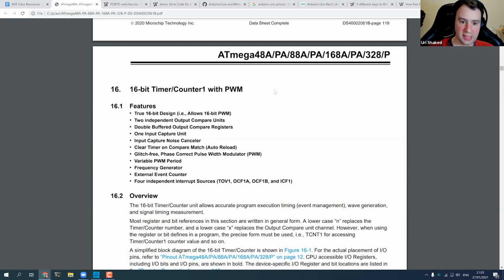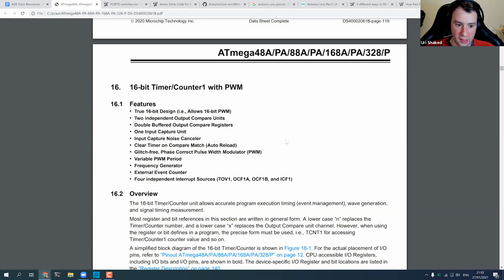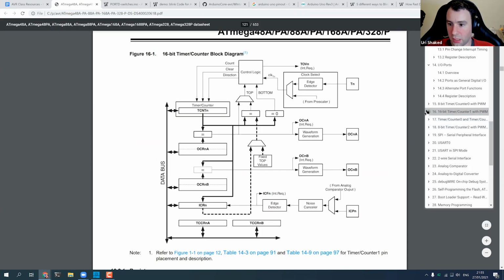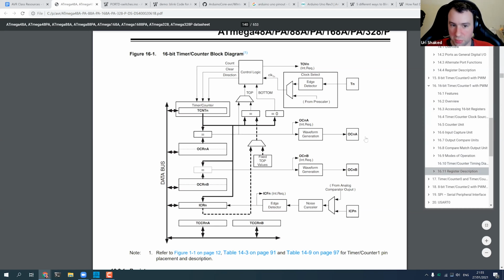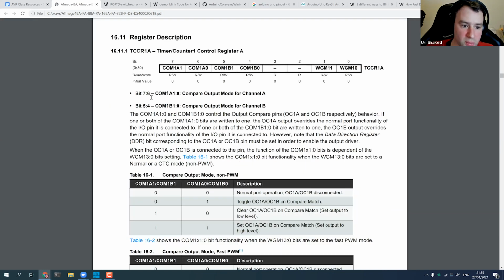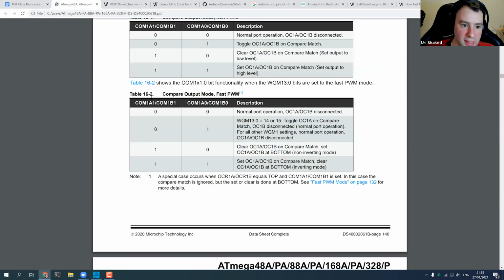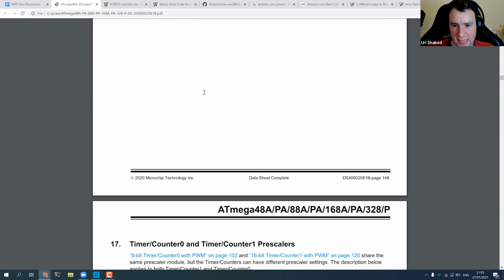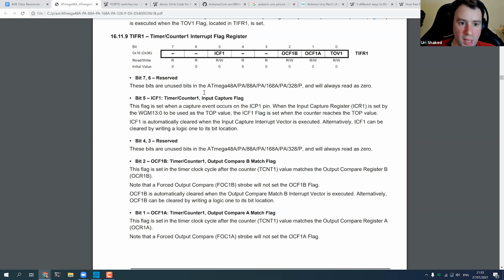This is timer number 1, and if we take a look at the register description, starting at 16.11.1, you can see how many different registers it has. It has 9 different registers, and so many different modes of operation.